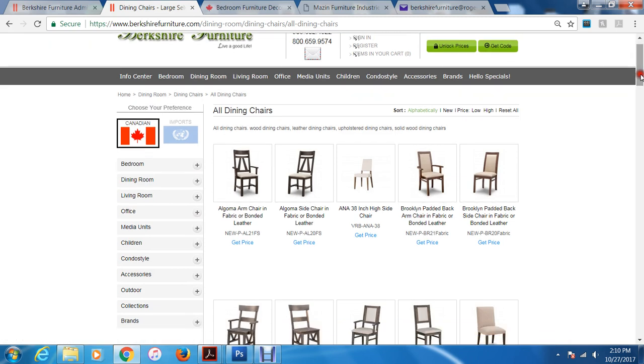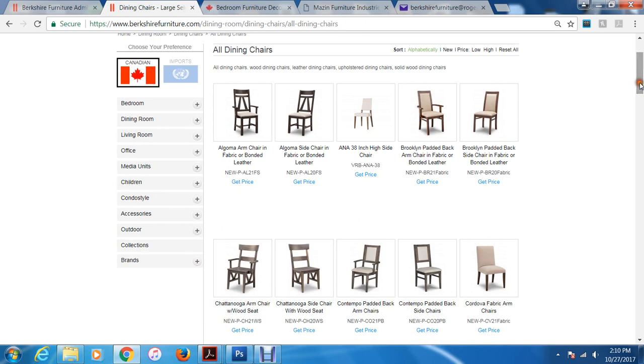How do we determine which one is Canadian, which one is import? I think I've already emailed you a list, but I'm going to do that today again so you can easily understand, and I'm going to email you the code for these items so you can see which manufacturers are Canadian and which ones are importers. For example,